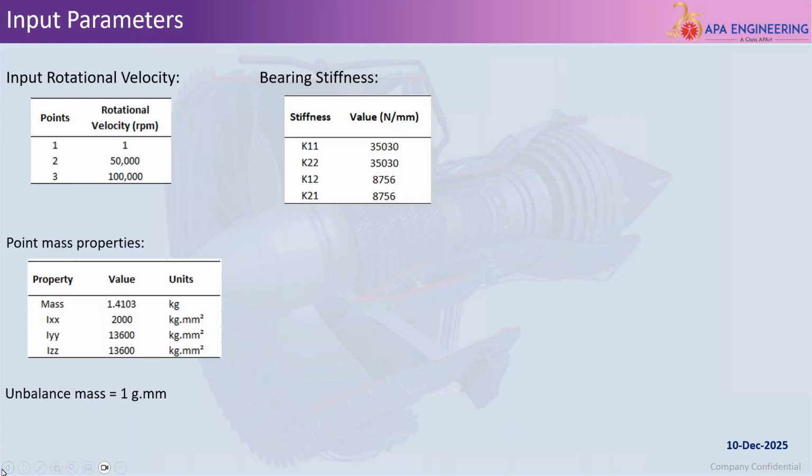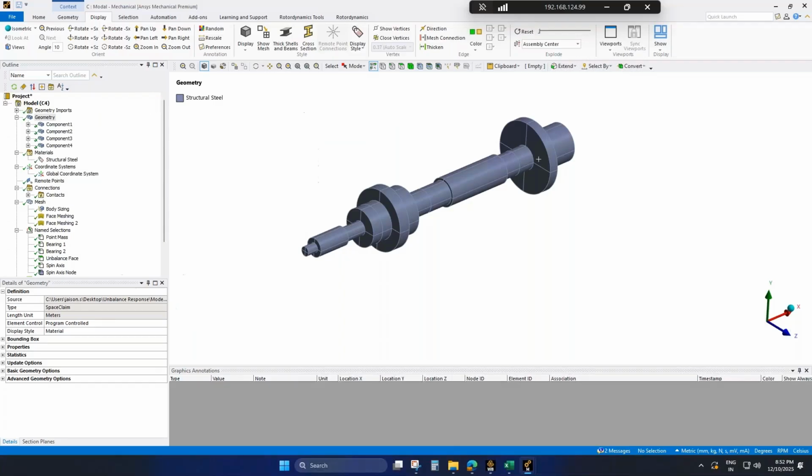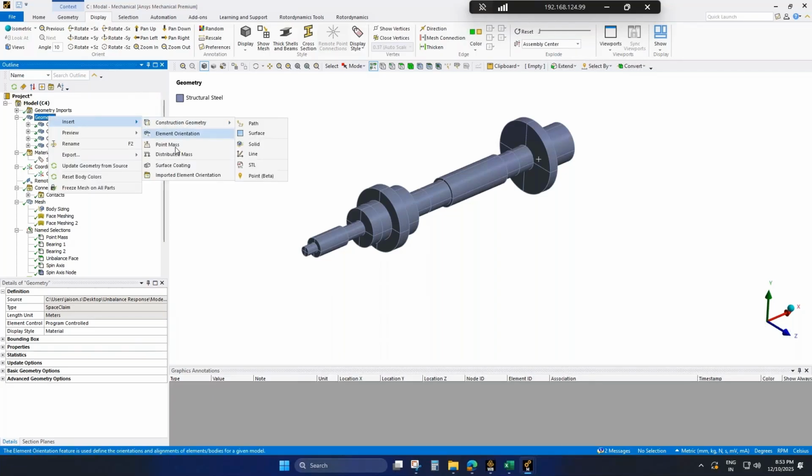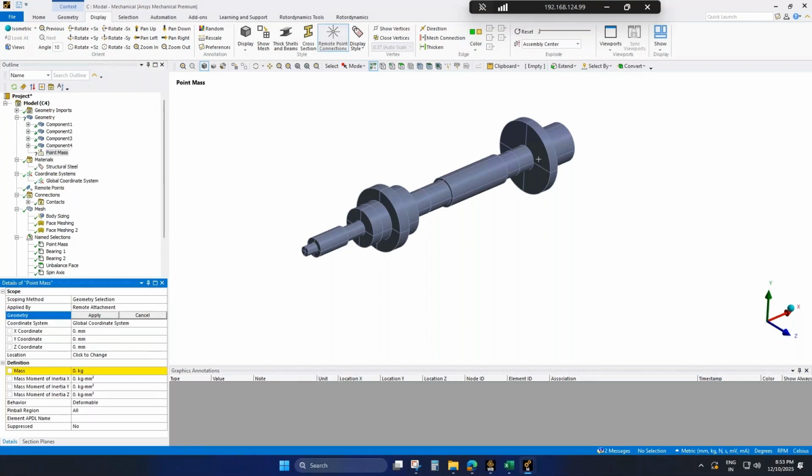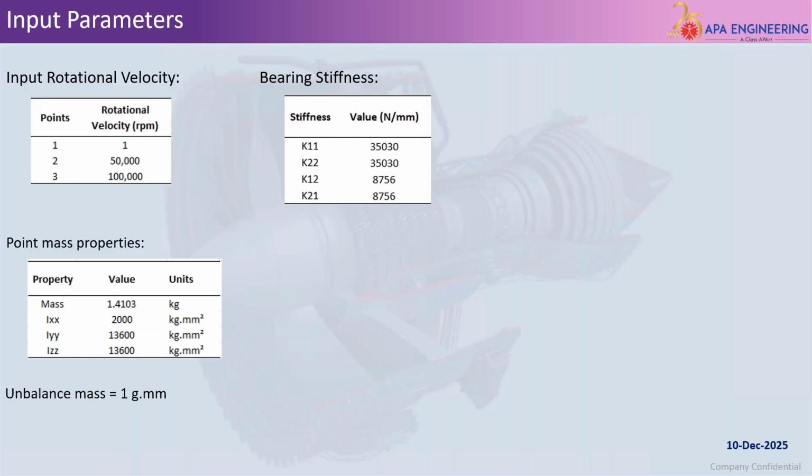Again, I'll jump onto the Ansys session. I'll right click on the geometry branch and insert the point mass. I'll quickly peek into the point mass properties.